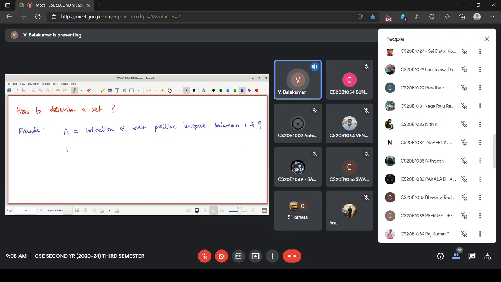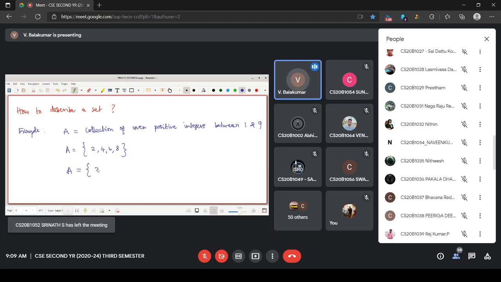The same set you can write by listing those numbers. Collection of even positive integers. They are 2, 4, 6, 8. That's it. Or in other way, you can write same set A. I am describing again. Various ways are there.